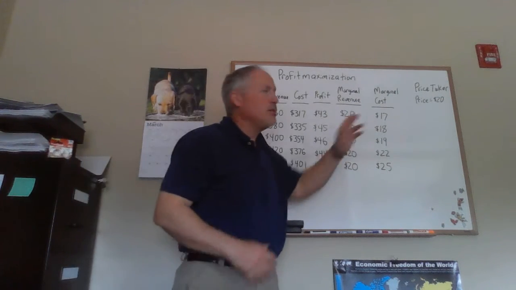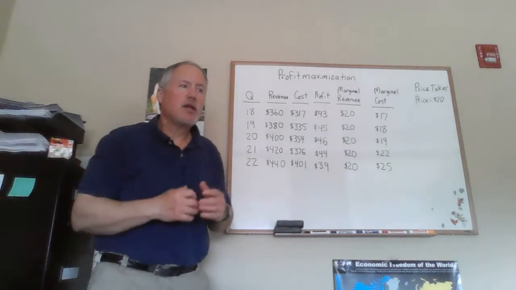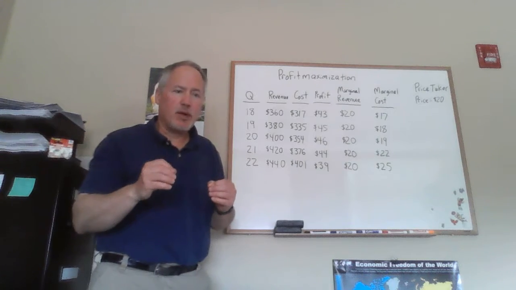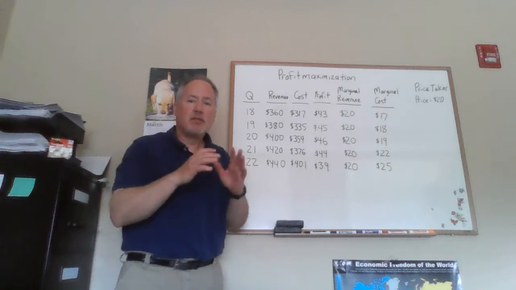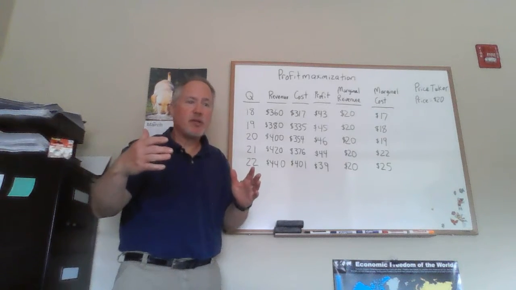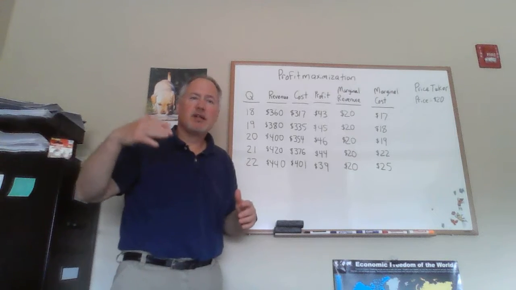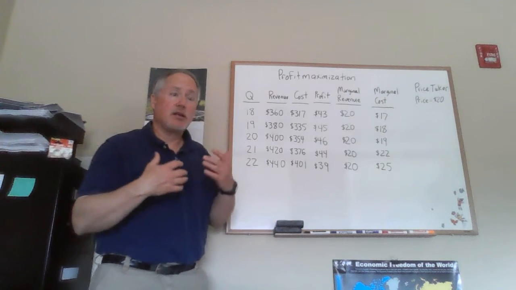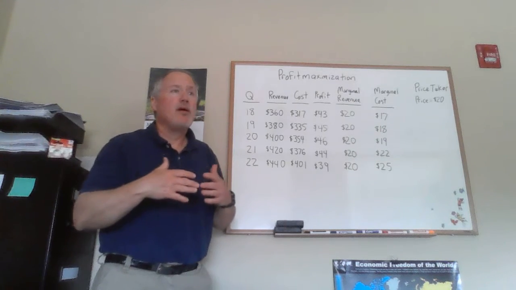One is that this firm is going to be a price taker. We're going to talk about this in chapter 9. A price taker is a firm that has no impact on the market price. Whatever the price of, say, bananas happens to be set in the marketplace, they can sell bananas at that price, but they can't sell bananas for a higher price. They can't sell bananas for a lower price. So a price taker can sell as much as they want at the market price, but they can't try to